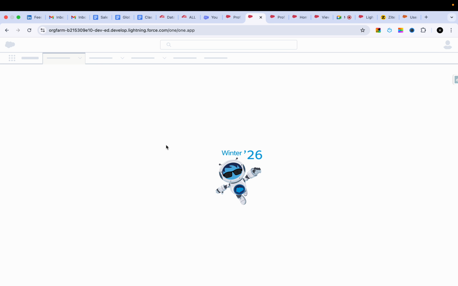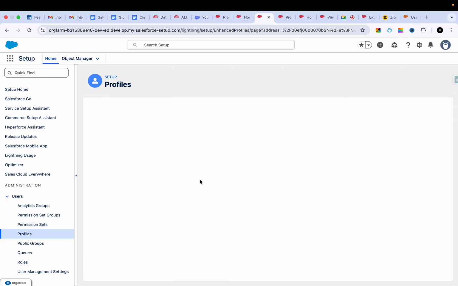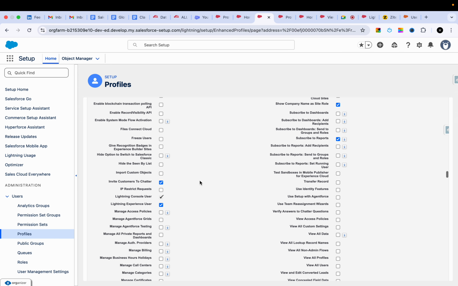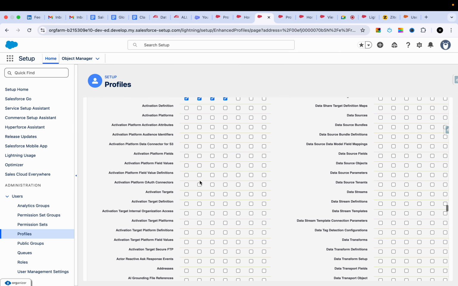Let's go to it. Yeah, in the profile level, if I did this, there are a few other options. We know all these options. Read is for visibility, create is for creating new records, edit is for existing records, and delete is for deleting existing records. What about these three options? So if you see the view all records, basically